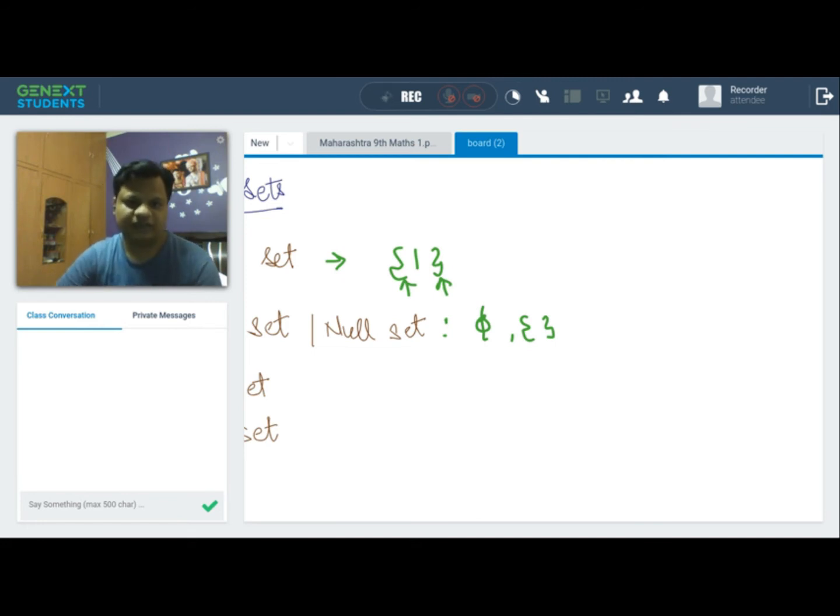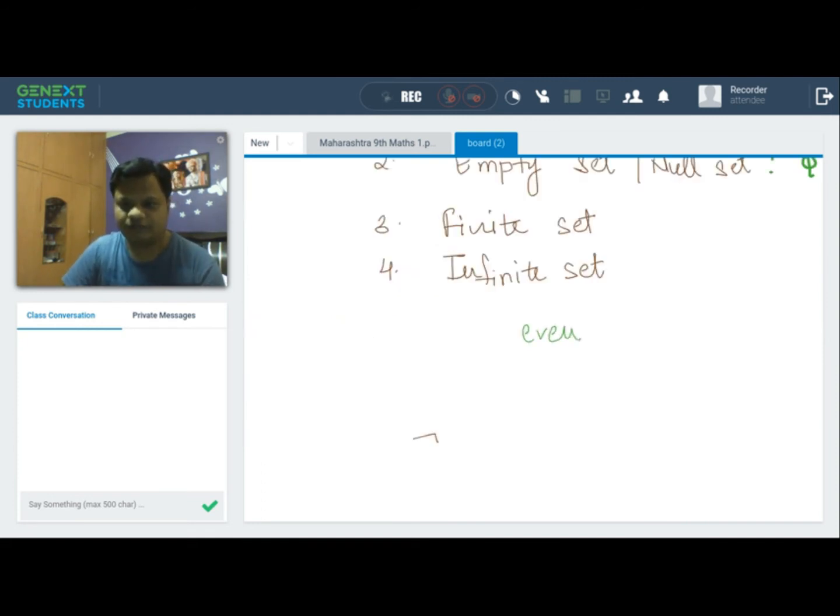If I take an example, you need to tell me an even number which should be greater than 2 and less than 4. These are the conditions I have mentioned here. You need to find an even number which should be greater than 2, but it should be less than 4, and it should be a natural number. There is no even number like that. So there is no such set, and in this particular case we can represent it with the empty set or the null set. This is the example.